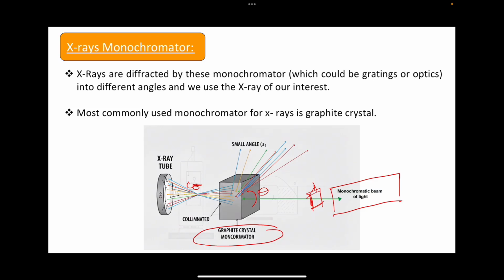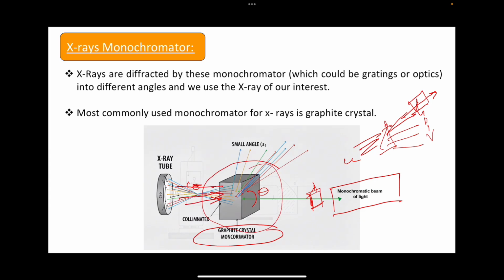So this is basically like a prism that we use, right? We use white light and pass it through the prism, and we get a different spectrum, right? From VIBGYOR, if we just want to use the red, then we use this angle. We set up our sample somewhere here, and then we collect the red light only. Similar to this, we are using a monochromator, which is the graphite crystal in our case. X-rays are going to get diffracted by this, and at a particular theta, we are going to get the X-rays of interest.